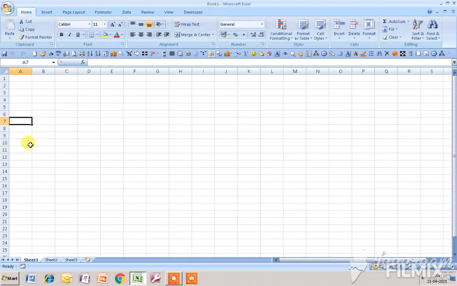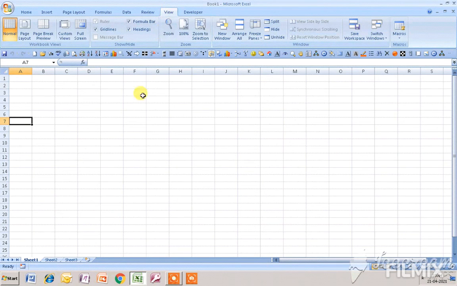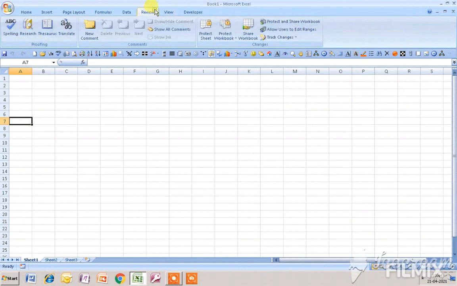Suppose you want to remove the grid lines of a worksheet. To do that, you have to go to the View tab, and then only you can remove the grid lines. And if you want to protect your worksheet, you have to go to the Review tab, and then only you can protect the worksheet. But if you use the worksheet controls version 1.0, by a single click you can change your worksheets. You can change anything that you want to do.